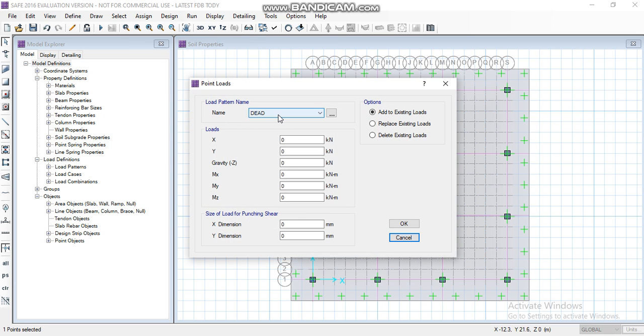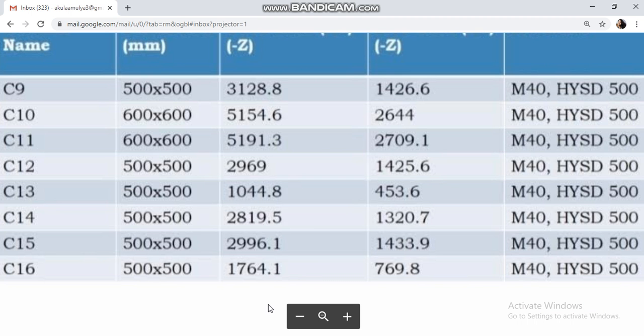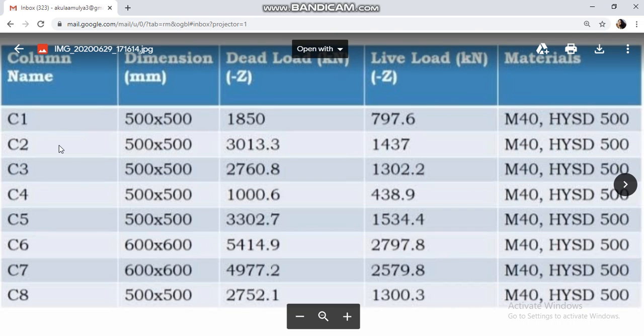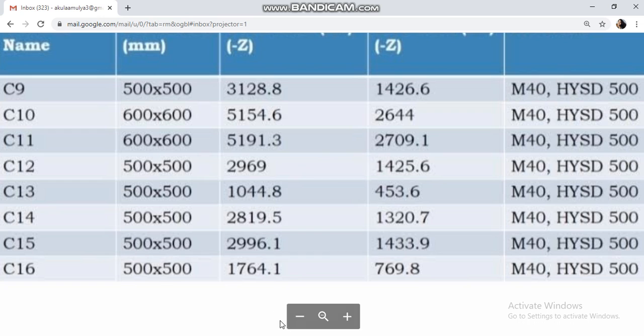Here for column 1, select dead load initially. Here add the load. We can see it displayed from column 1 to column 16. These are the loads, dead load and live load, displayed from ETABS.